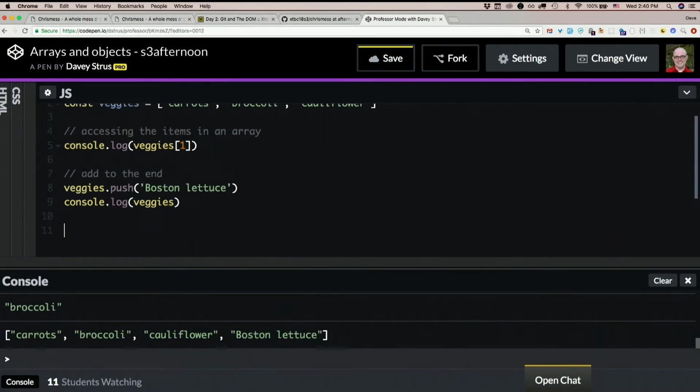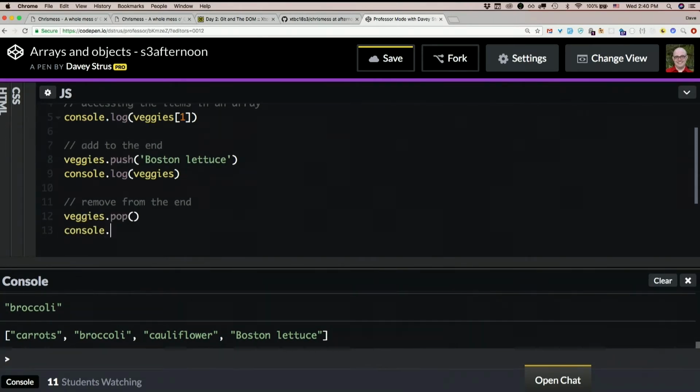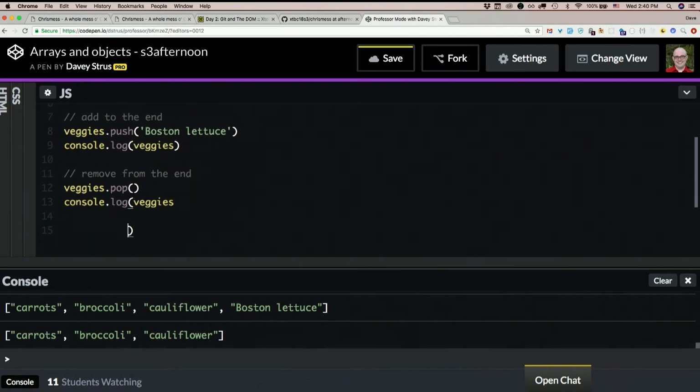How do you remove from the end? Pop, indeed. Veggies.pop. No more Boston lettuce. Not a world I want to live in. Kind of like this one. Okay, so